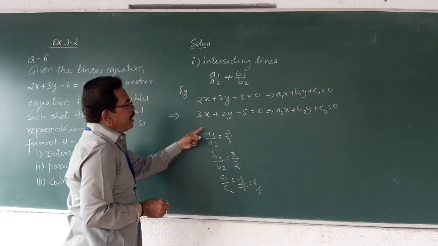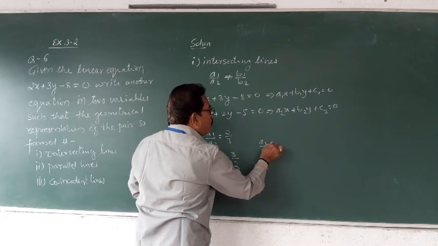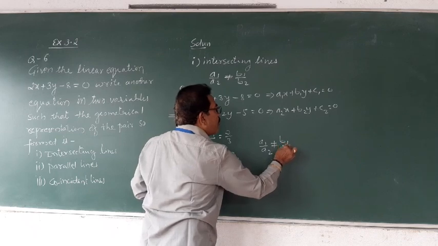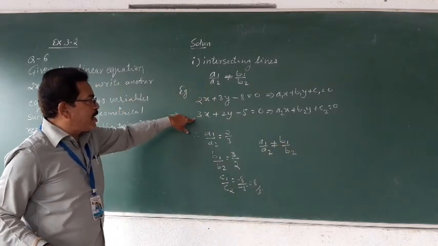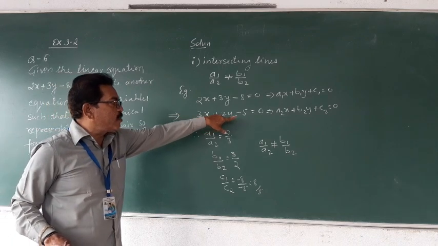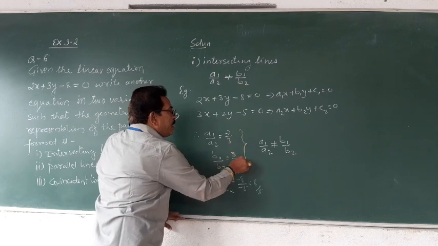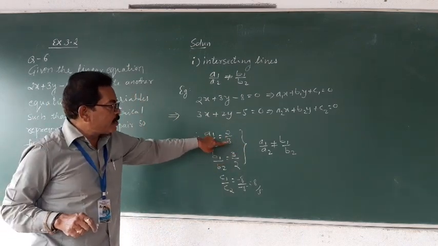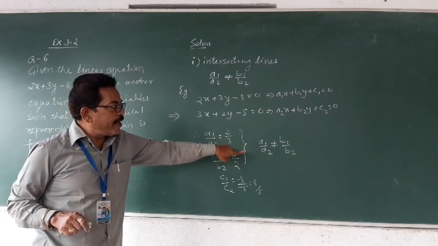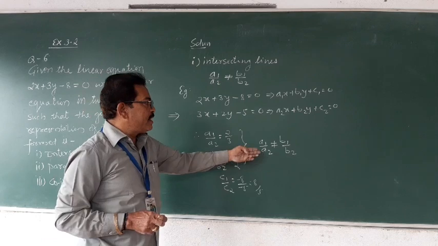So, the ratios obtained are a1 by a2 is not equal to b1 by b2. So, the required equation is 3x plus 2y equals to minus 5. See, observe the needed answers, that is 2 by 3, 3 by 2. Both are not equal. If a1 by a2 is not equal to b1 by b2, that will satisfy the